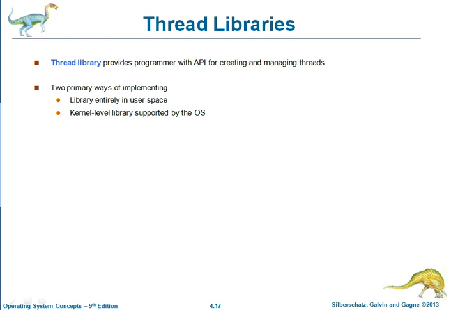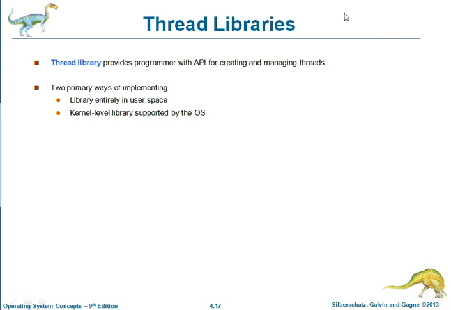On the concept of thread libraries, this library provides the programmer with an API for creating and managing threads. There are two primary ways of implementing a thread library. The first approach is to provide a library entirely in user space with no kernel support. All the code and data structures for the library exist in user space. This means that invoking a function in the library results in a local function call in user space and not